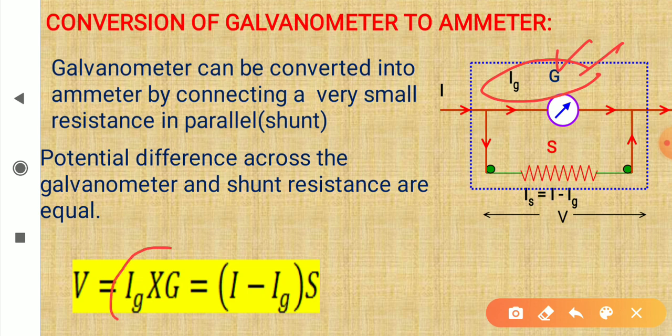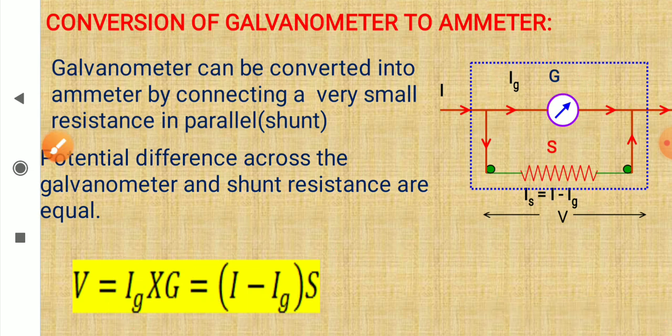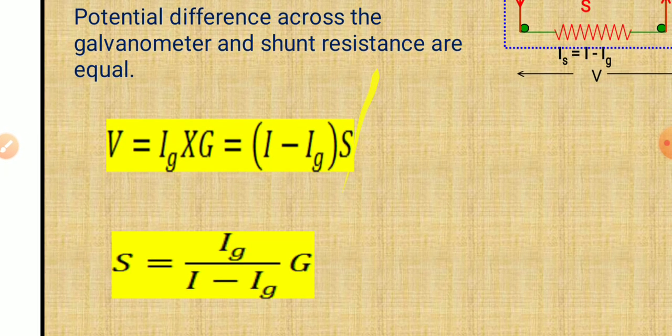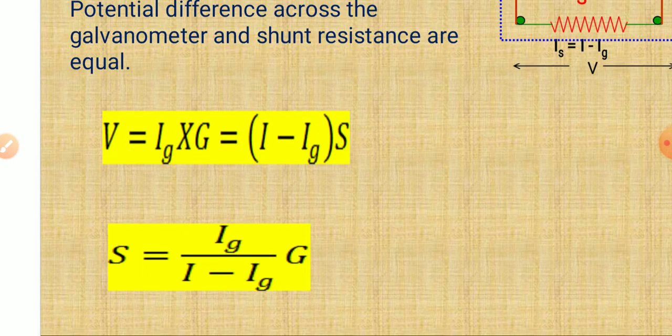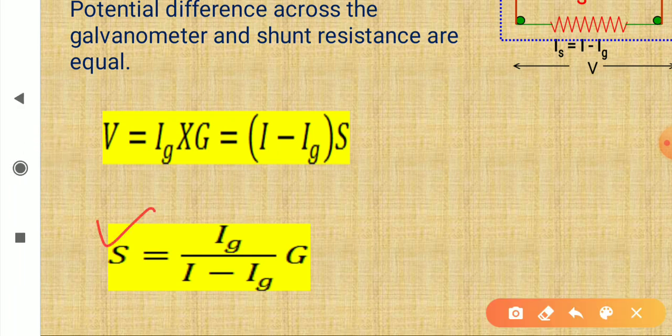So potential difference is Ig into G, and across this one the current is I minus Ig into resistance S, and the value of the shunt now is this one. S is equal to, just change the side, this S is equal to Ig upon I minus Ig into G, and